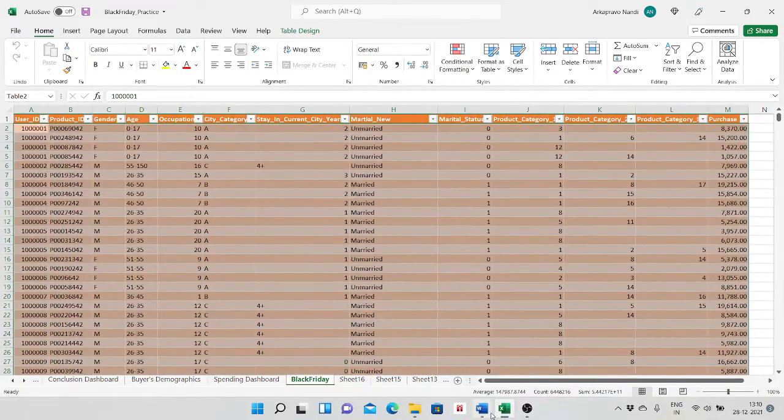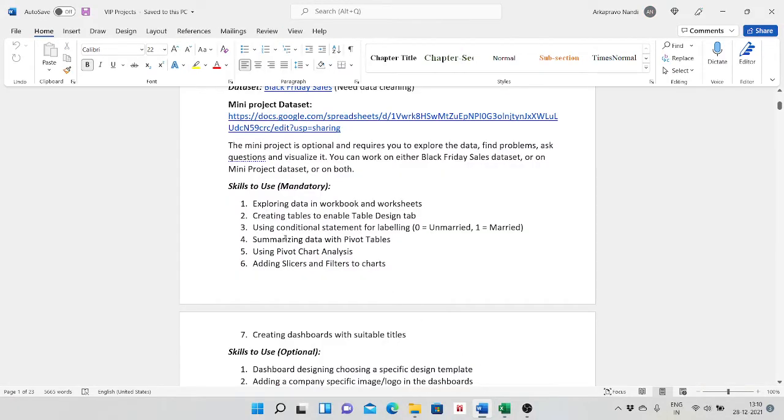The third objective is to use a conditional statement for labeling. Those who are unmarried I have to label with 0, and those who are married with 1. Basically, married and unmarried are two categorical divisions.